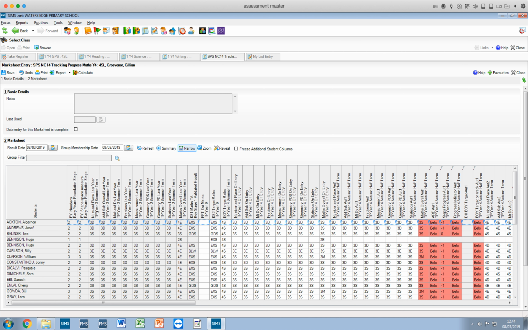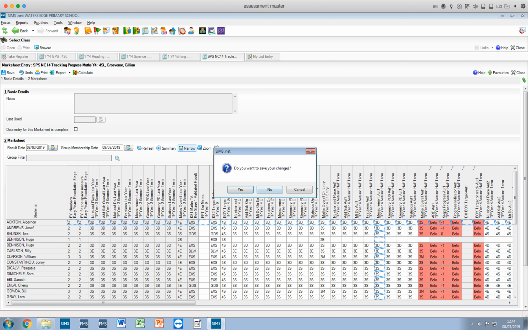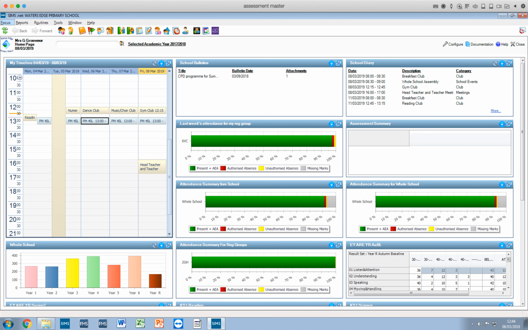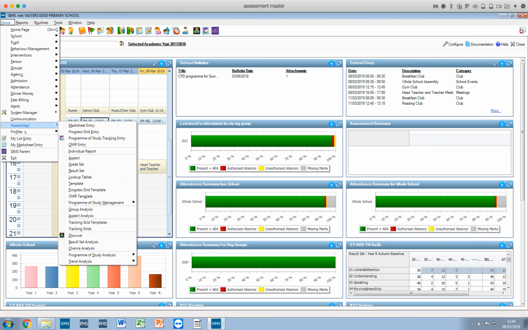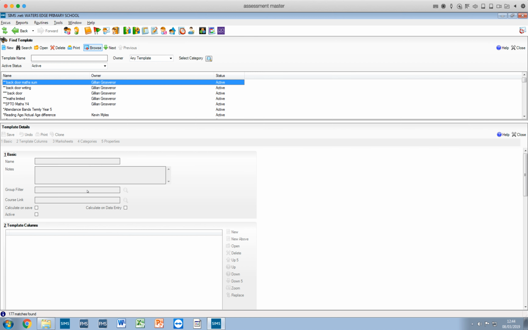Okay, so the SPS trackers basically are the same as the 1 trackers, but they allow for the entry of assessments against each strand within a subject area, and also will allow for 2 assessments to be recorded per term. So those are the basic differences. It's entirely possible to use either or a mixture of both. And you can take the SPS trackers, say,